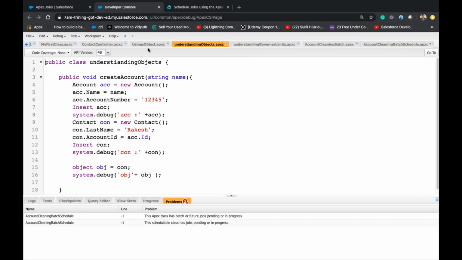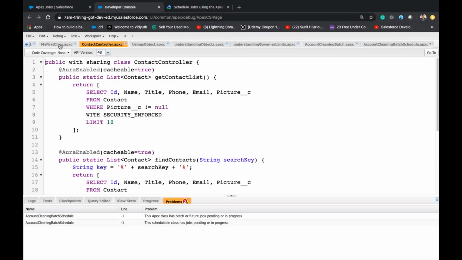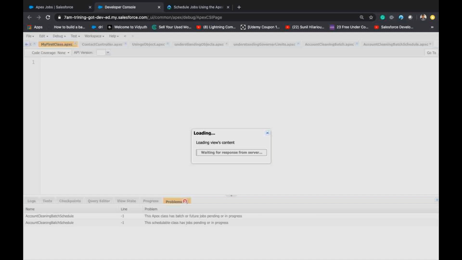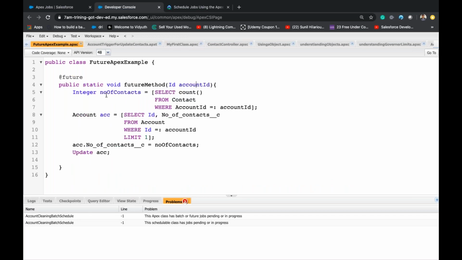The @future annotation will make a method ready for future. This one, the future example.